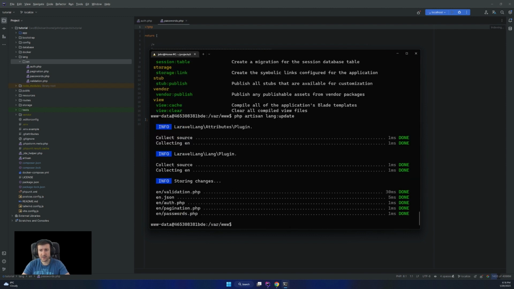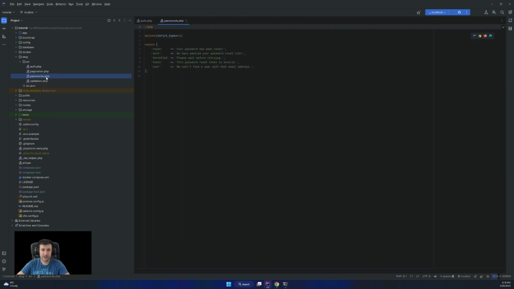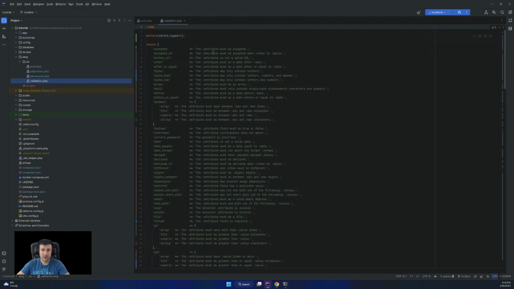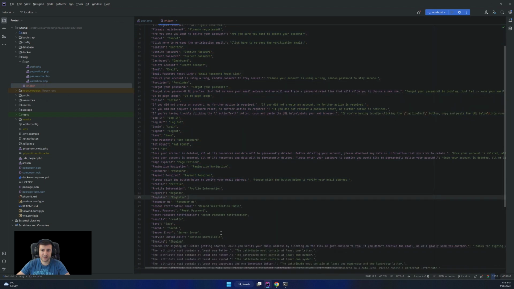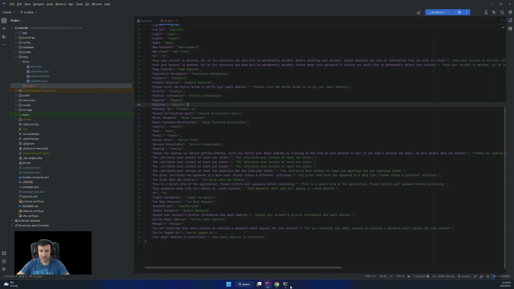This will update all the languages that are installed and add everything related to what you've used, including starter kits. So if I go back in here, I'll have all this for the validation and all this for the starter kit that will be in there.